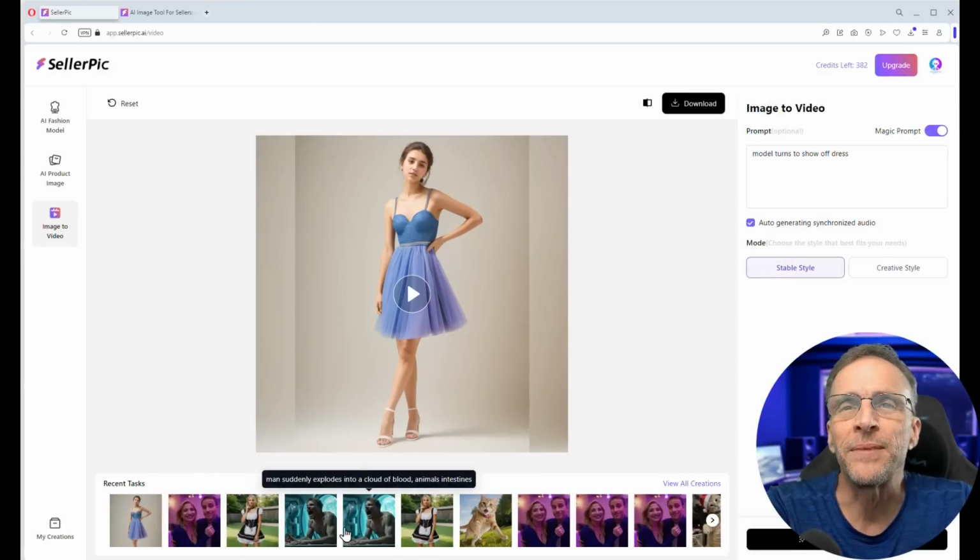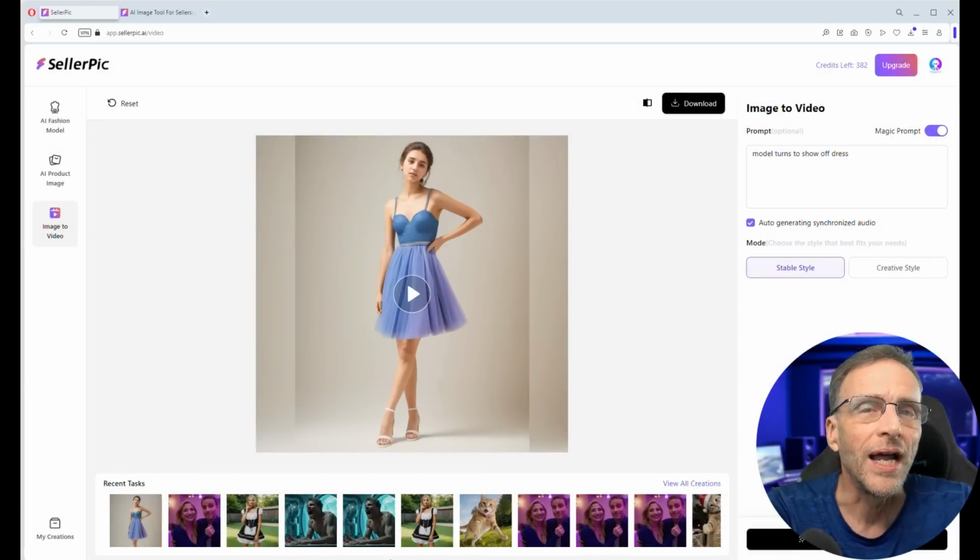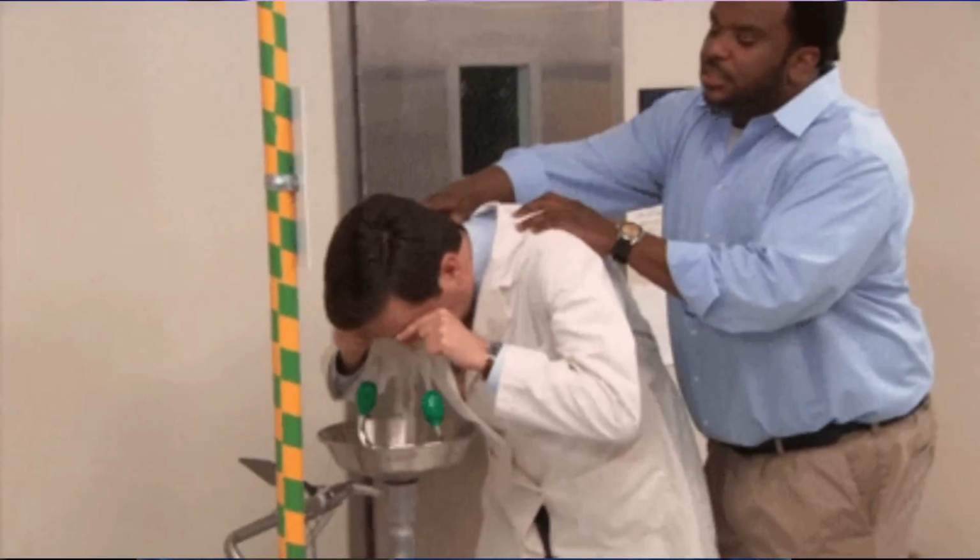Now, you'll see some thumbnails down here that look like they might be from a horror thing. They are. What I want to tell you about this platform is that it is one of the most uncensored platforms you will get your hands on, at least for now. There were some platforms where I was able to do horror stuff, meaning there's blood and stuff. These platforms are now a little bit more restrictive on that, but this platform, you're just going to have to trust me because I'm not going to risk showing you, does a good job with that kind of thing right now. As far as other not suitable for work stuff,